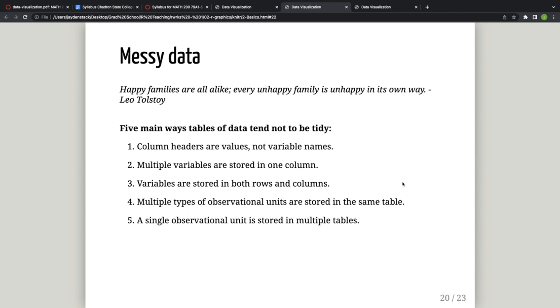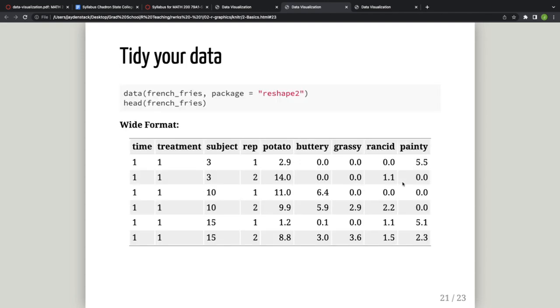Again, we will talk about what this means on a deeper level in a couple weeks when we talk about data manipulation. But it is very, very important to understand what makes messy data and how we can get there to make it so that the data is in a format that we can utilize for graphics. Okay, so